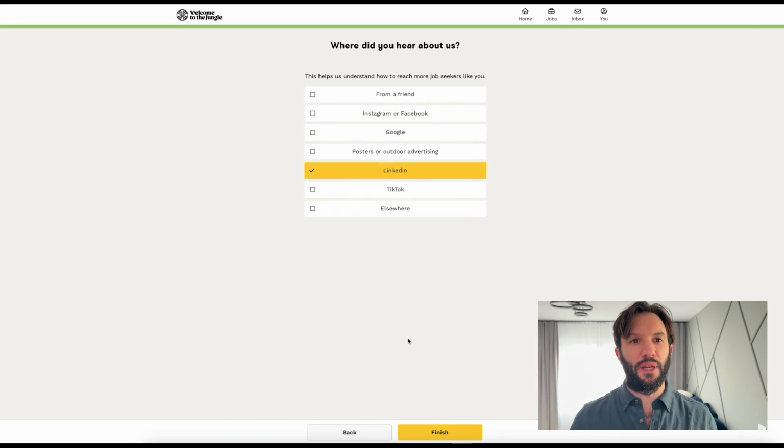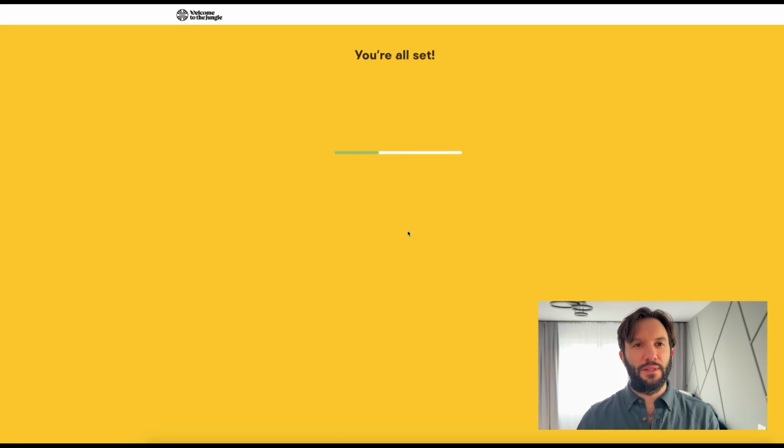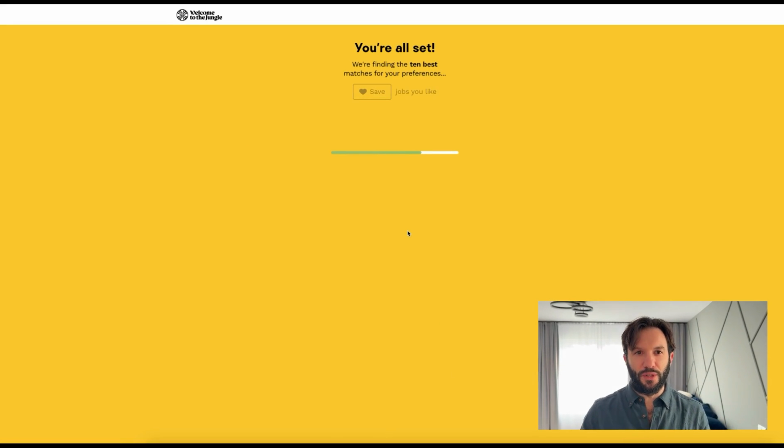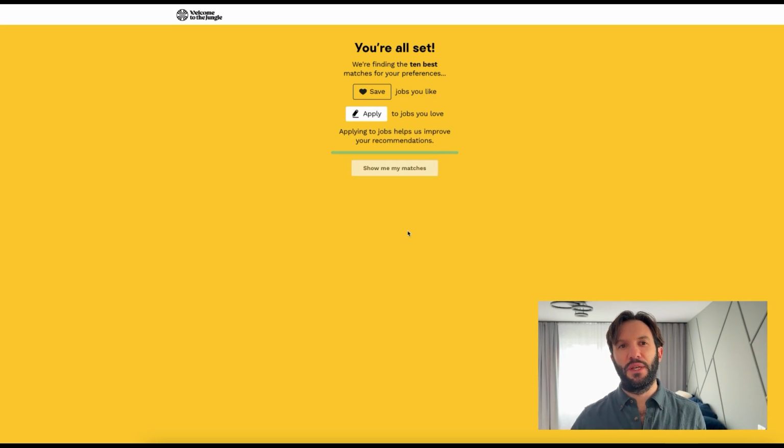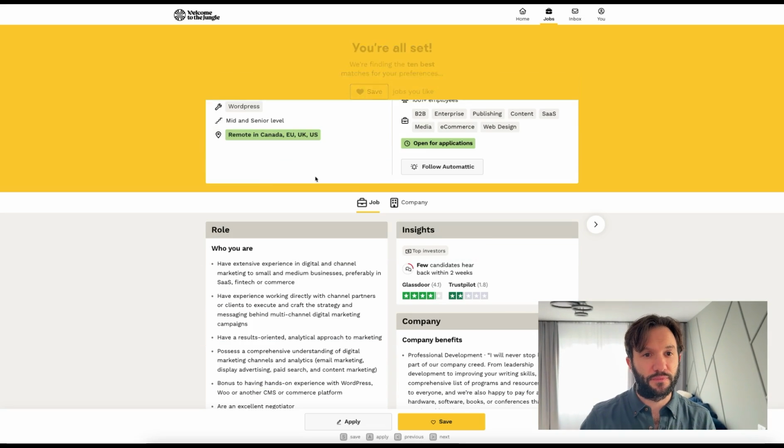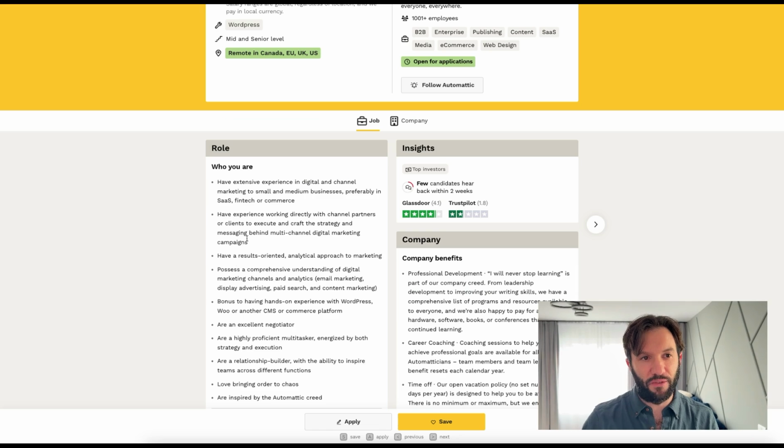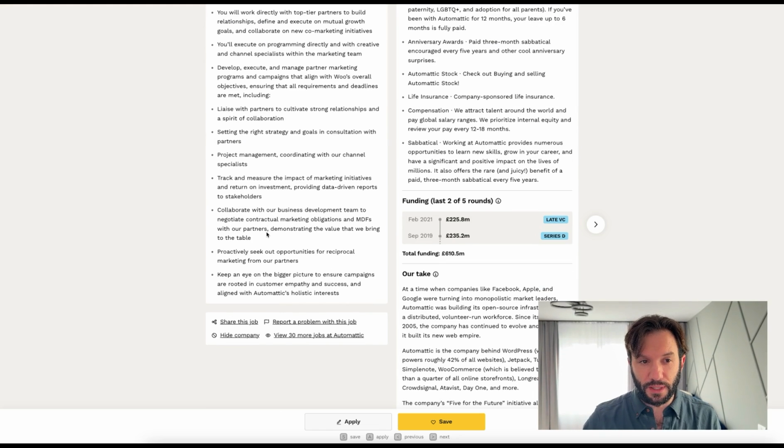And why I like a company like Otta is it's kind of like a reverse engineered job board. It's almost like companies apply to you. But it really helps candidates get in front of companies much faster. It's really like working for the candidate. And there's a lot of companies like this. I just know Otta is very popular. But this will give you matches, and every day or every weekday, depending on your alert,